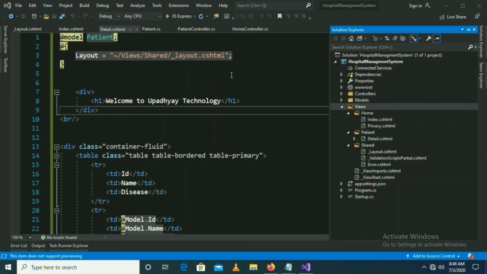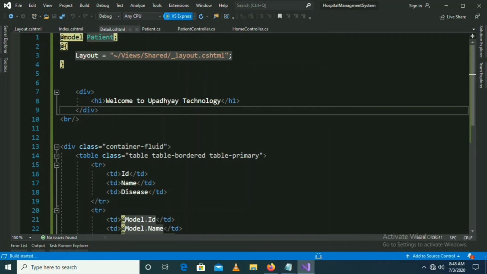If we give the full address, it will search in the Views folder, then under the Views folder it finds the Shared folder, and then under the Shared folder it will find _Layout.cshtml as mentioned here. So we have two options, either we give the direct name, or second we give the full address.